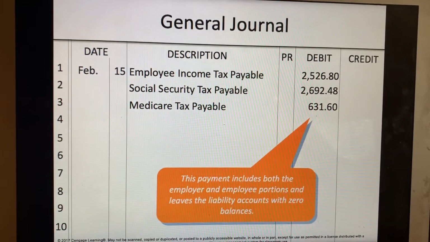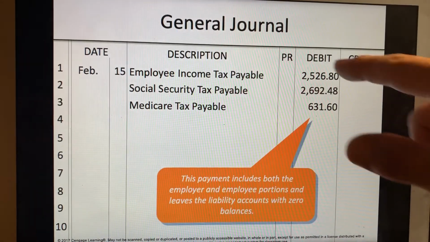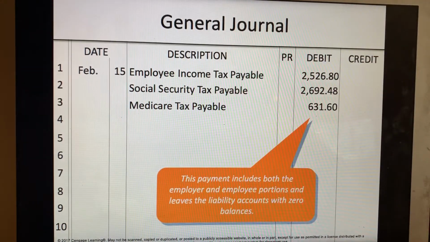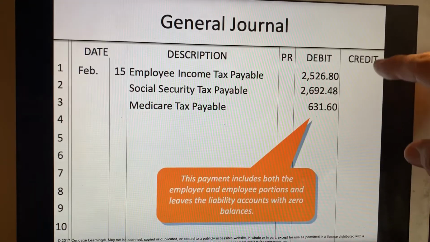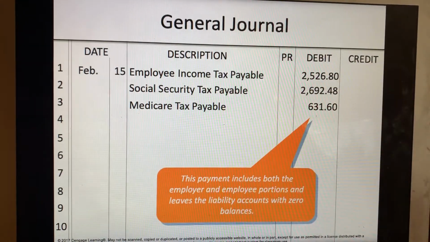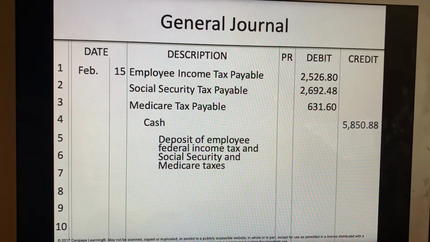Okay, so now we're actually paying these accounts, so we're debiting. Notice how it says debit. All of this amount is going to be paid to the IRS: employee income tax, Social Security tax, and Medicare tax. Whenever we created this and expensed it, we credited. Remember, I was saying that whenever you pay it, you debit it. So now we're zeroing out these payables. We've already expensed it. Don't forget, you expense things in the month that it occurs. All right, deposit employee federal income tax, and Social Security and Medicare taxes. So the total cash sent will be